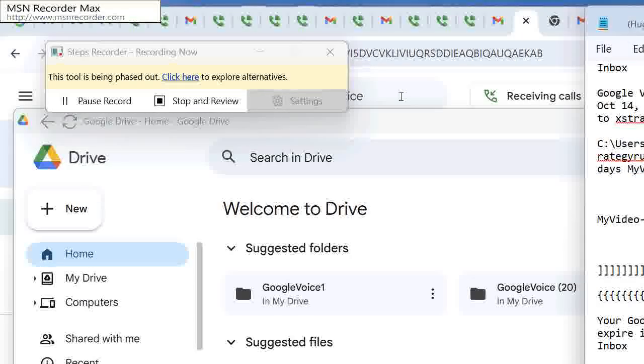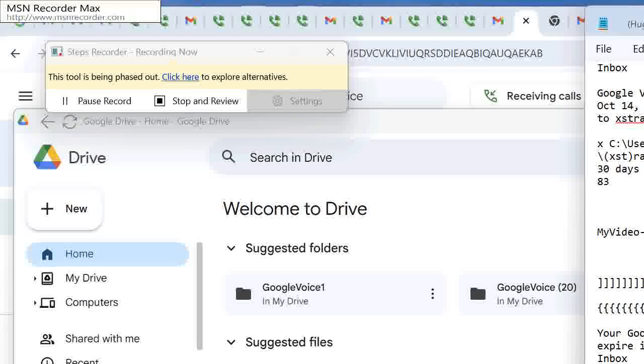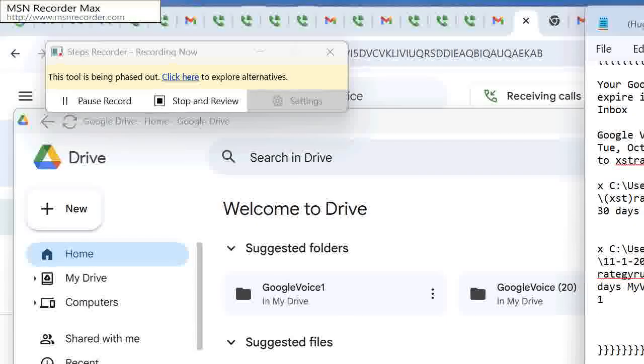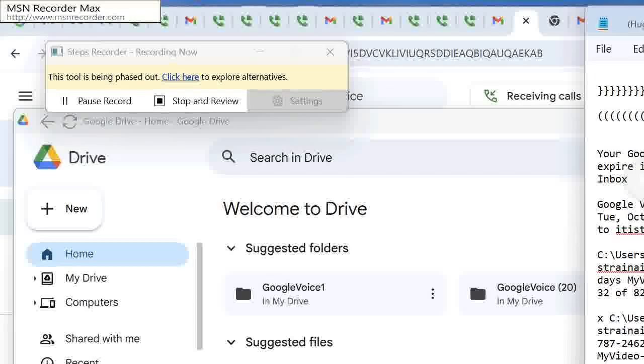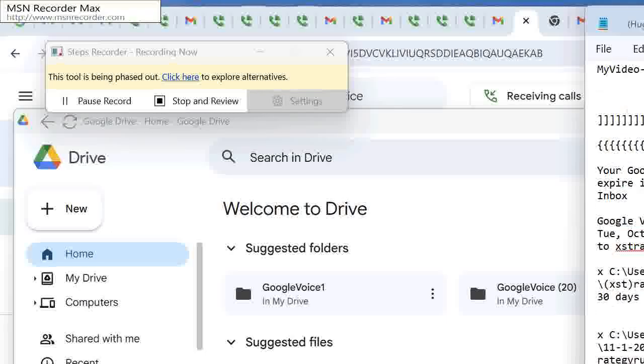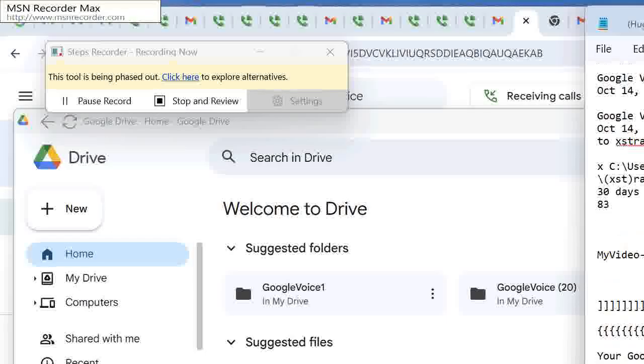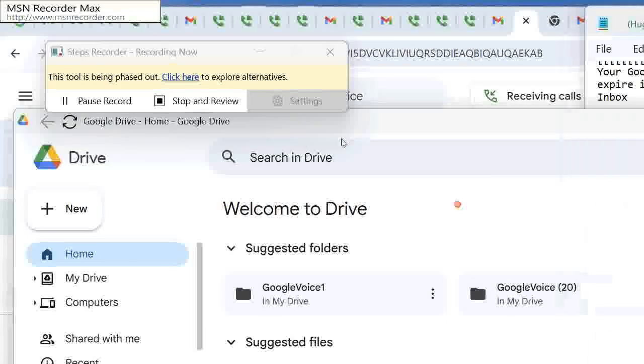So now I'm uploading both folders. I check mark the keep both folders option and Google replies 83. So I'm going back to notepad to prefix the file with X space and 83 at the bottom, knowing that there are 83 files that have been uploaded. And compared to last time, there were 82 files. So one file was added.